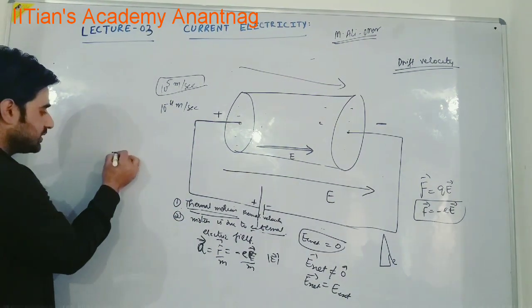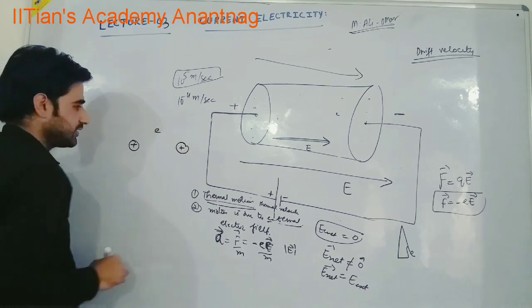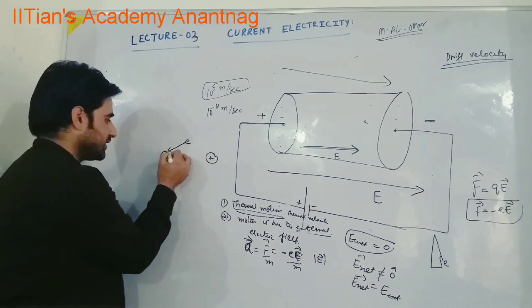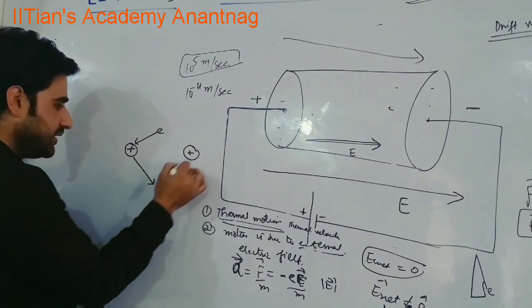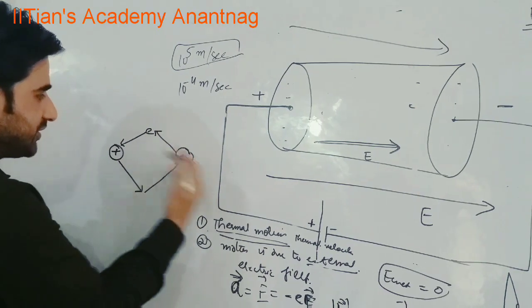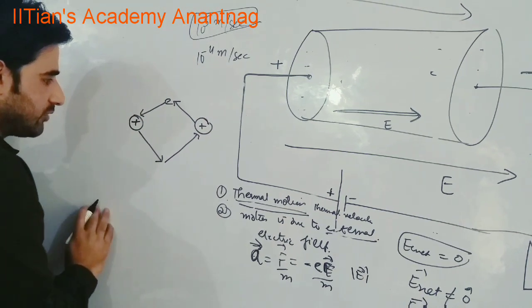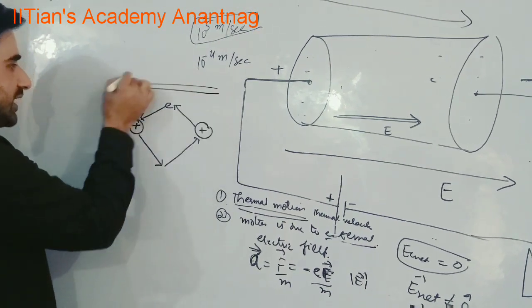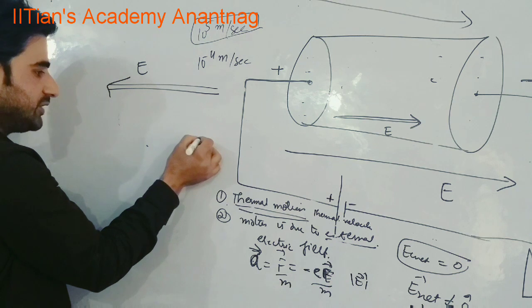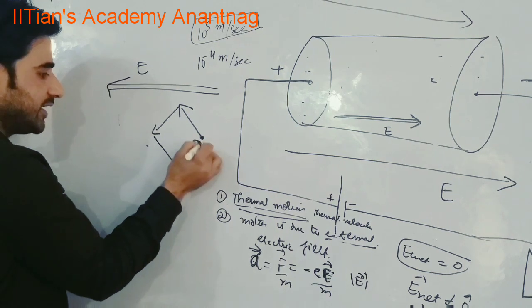Suppose this is a positive ion, this is one more positive ion, this is a free electron. Earlier this electron was having motion, suppose something like this, later on something like this. It was going randomly. There was not any drift in its motion, or any directional motion. Net average was coming out to be 0. If now this is the direction of electric field, see what is happening here. This electron is having thermal motion, going something like this, and finally something like this.